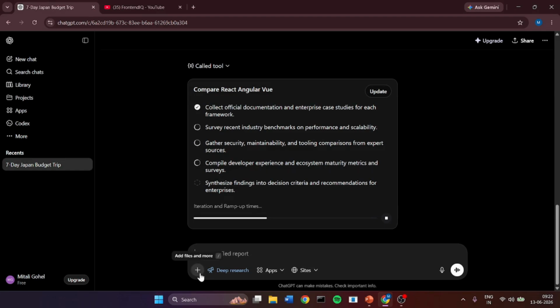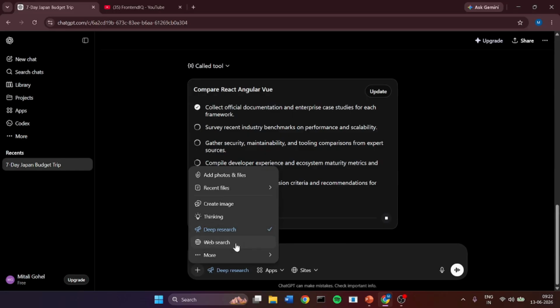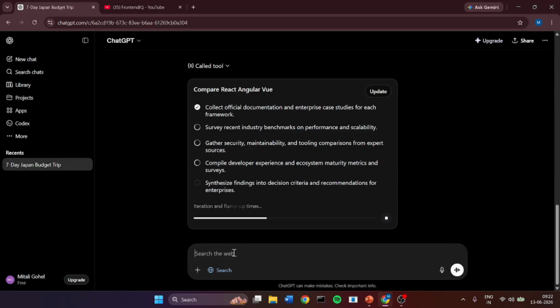Okay, so let's explore the fourth one, that is web search. What is web search? Web search allows ChatGPT to access up-to-date information from the internet when needed. Without web search, it relies on its built-in knowledge, so it will tell you information based on the knowledge it has. But with web search it can look up current information such as today's news, latest software updates, etc. So let's ask ChatGPT